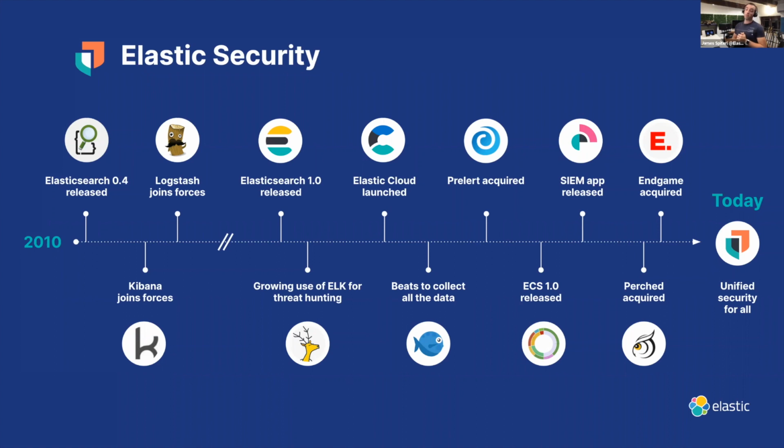So June 2019 with version 7.2, we had a security solution as part of the stack. And today with 7.9, we have endpoint as well. What led us there was we joined forces with a company called Endgame, which had been doing full endpoint detection and response, endpoint protection platforms for a few years. Perched was a company providing training around threat hunting on Elastic and building out Elastic as a security solution.